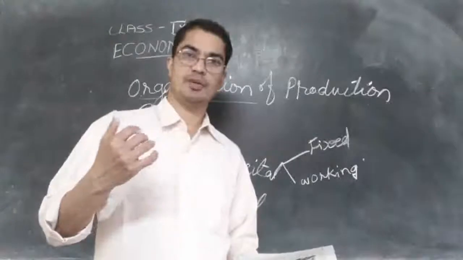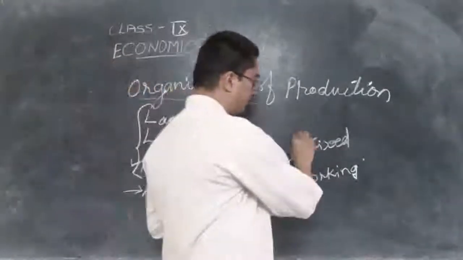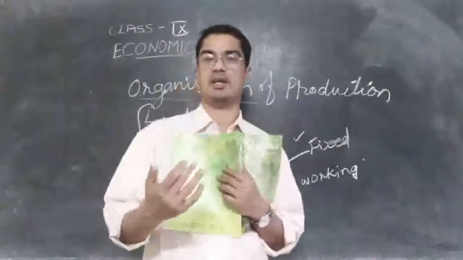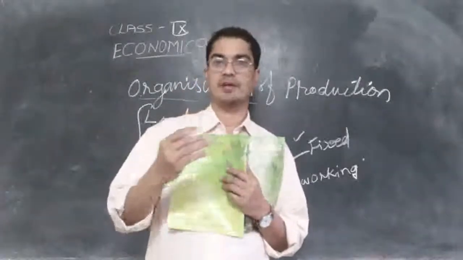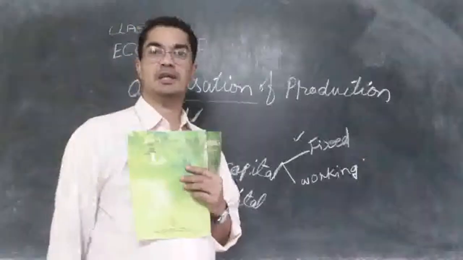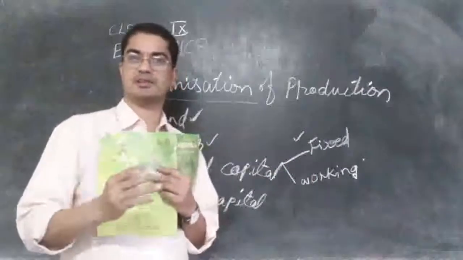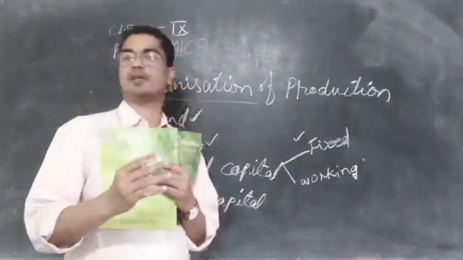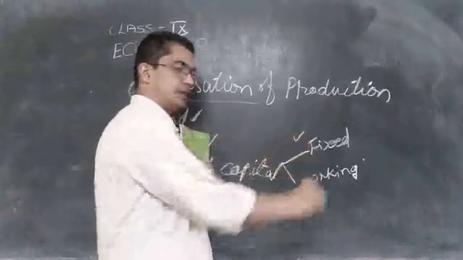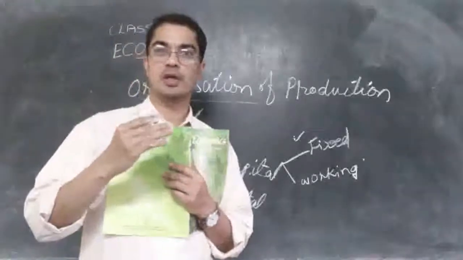So these tools that we use are called fixed capital, because once we buy these things, they can go on for many years. We can use them again and again. For example, the machines that we buy are not just meant for one year or two years. They can go for many years. That is why it is called fixed capital. So all the tools, all the machines, all the engines, everything that we use for producing something is called fixed capital. Why is it called fixed capital? Because it can be used for many years.